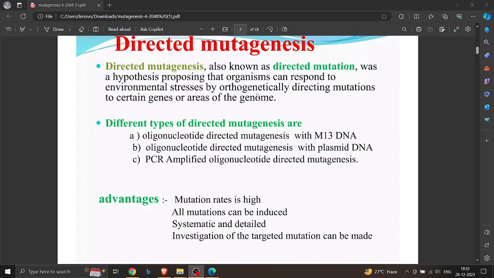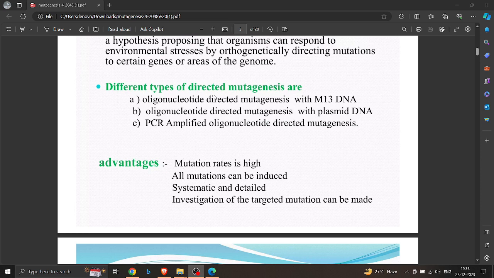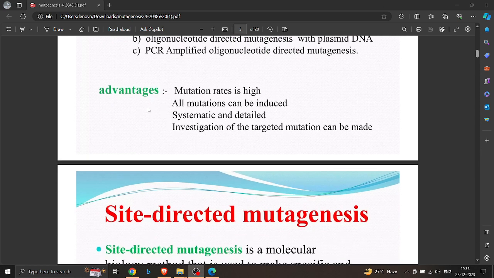So the organism can respond to any kind of environmental stress, which results in these mutations. There are different types of directed mutagenesis: oligonucleotide directed mutagenesis with M13 DNA, oligonucleotide directed mutagenesis with plasmid DNA, and PCR amplified oligonucleotide directed mutagenesis. What are the advantages? The mutation rate is high, all mutations can be induced, and systematic and detailed investigation of target mutation